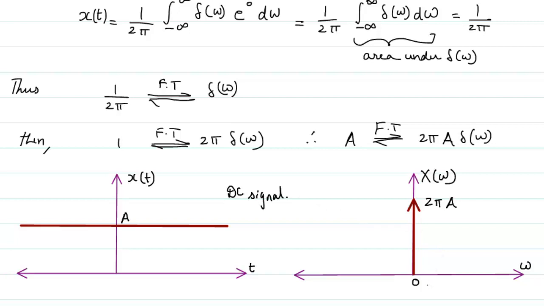And what does this mean? It means it has 0 frequency. It means that it has no frequency. This is something that we should remember from this, that the DC signal has 0 frequency. So whenever we say that there is a DC signal, it means that the signal is having the frequency 0. Its complete value is at 0. That's why you will see that there is only one impulse function, and that also at 0, no other value. Okay.